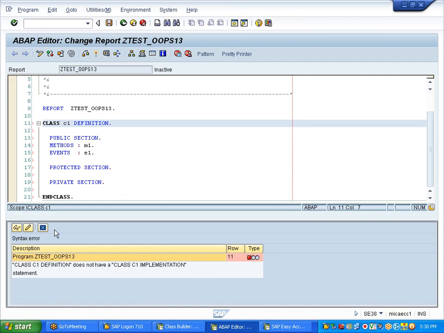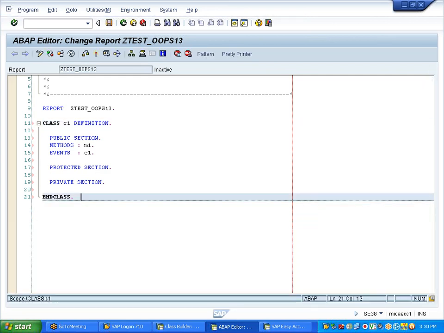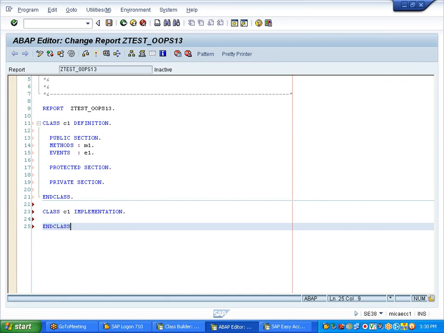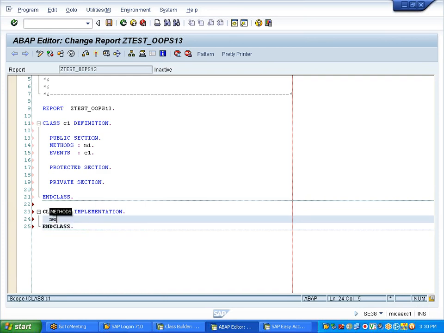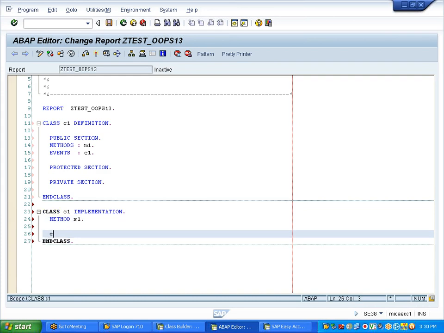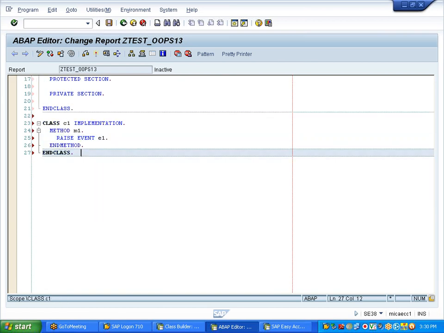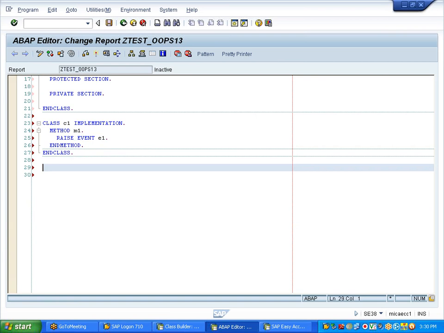So now the implementation is not there. I will do the implementation for method m1. Class C1 implementation, end class. Now I will write here method m1, end method. In between I will say raise event e1. Okay, so now I will go to the next class. I will create one more class,